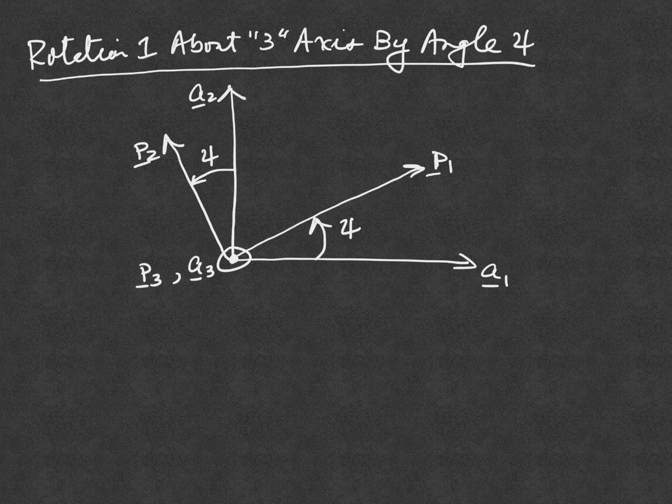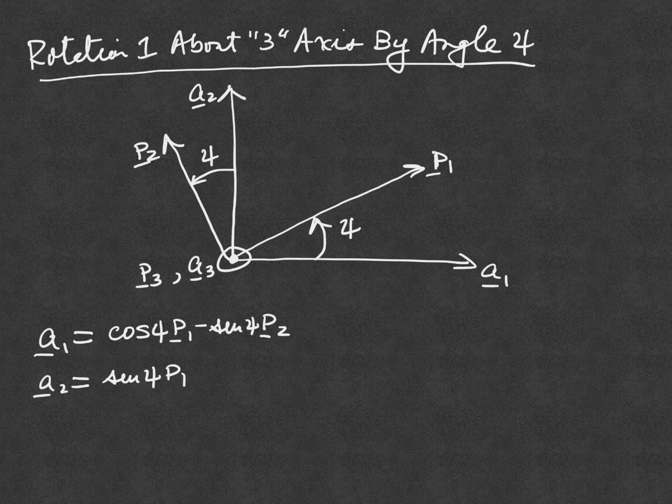So now we can go ahead and write down these relationships, which gives A1 is equal to cosine of psi P1 minus the sine of psi P2. A2 is equal to the sine of psi P1 plus the cosine of psi P2, and A3 is equal to P3,